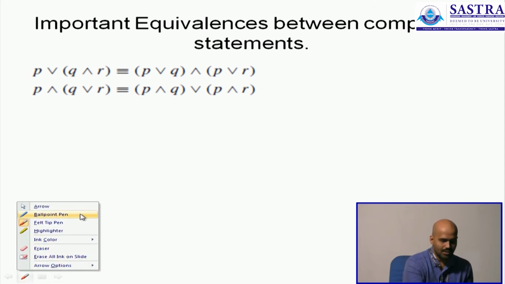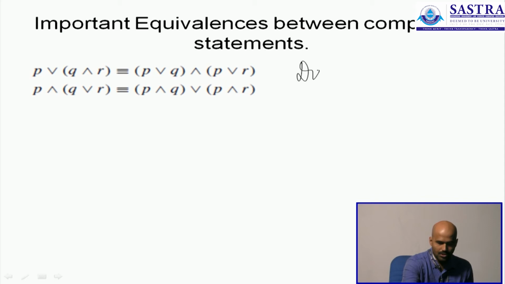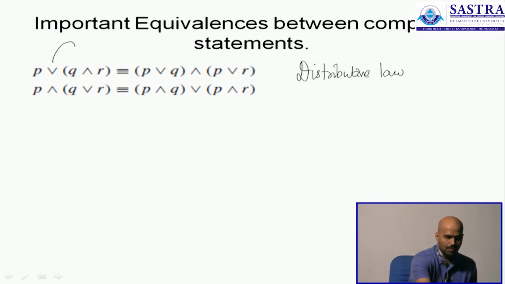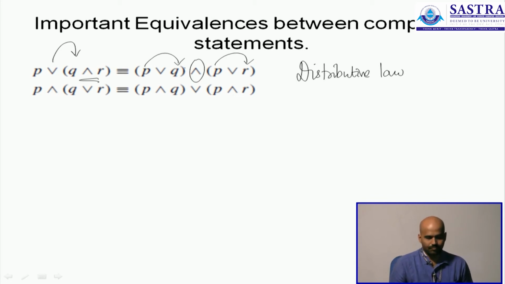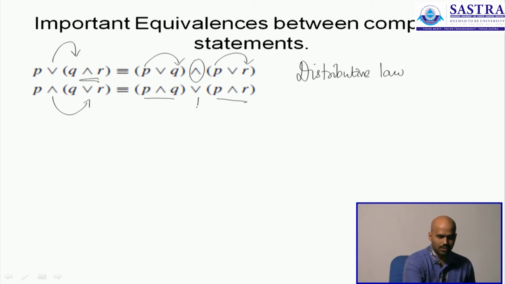This law is what you call the distributive law. In other words, you are distributing this disjunction across the conjunction. So first with Q, then with R, and then you are performing a conjunction between them. Likewise, you are distributing the conjunction over this disjunction. So you first perform the conjunctions and then you have a disjunction between them. This can also be verified to be a perfect example of a couple of compound statements that are equivalent,